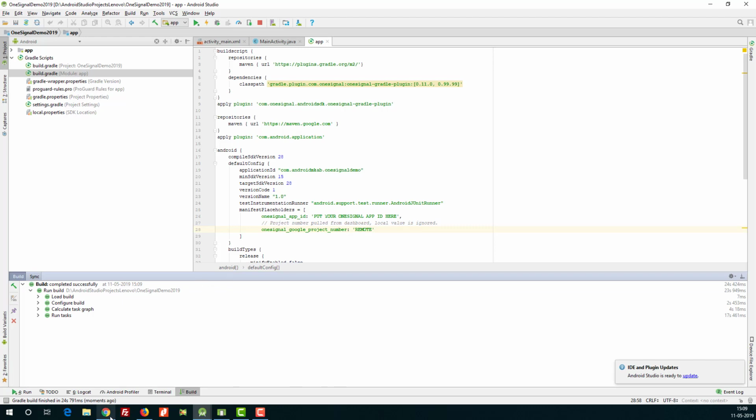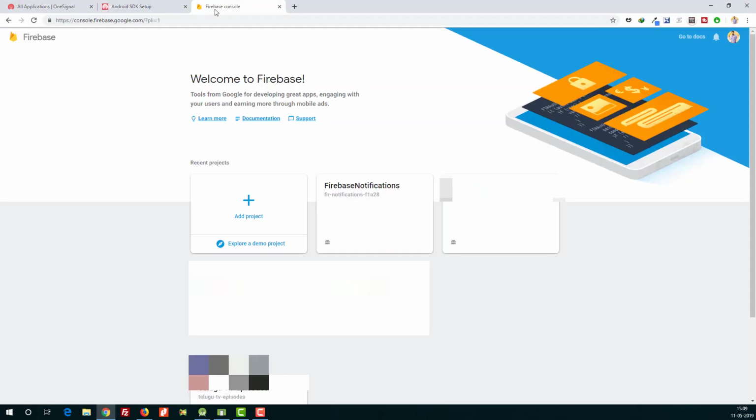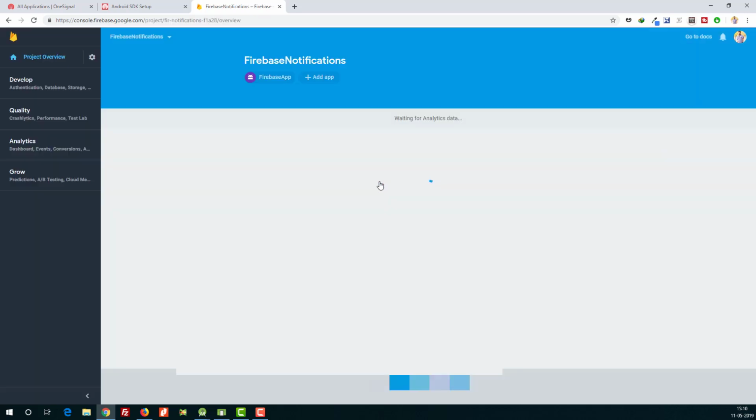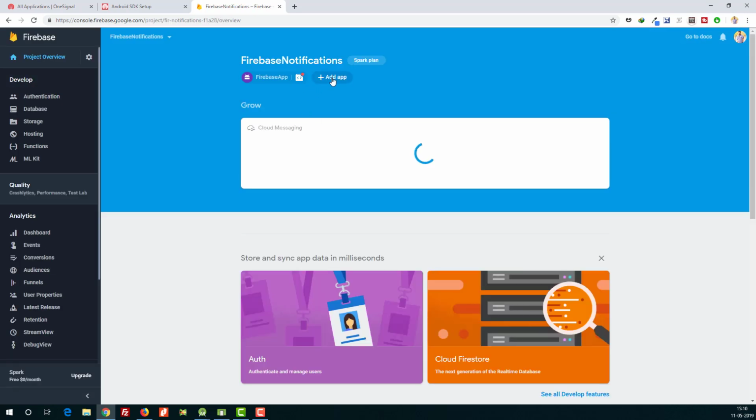Okay, now we will go to the Firebase console. Just select your existing project if you have one, that is okay. If not, you just create another project. Okay, you will get it like this. So I already have a demo project for this Firebase notifications. I am clicking on it, and here there is an option called add app. I will click on it. It will ask for iOS or Android or web or Unity. In our case it is only for Android, so we will go for Android.